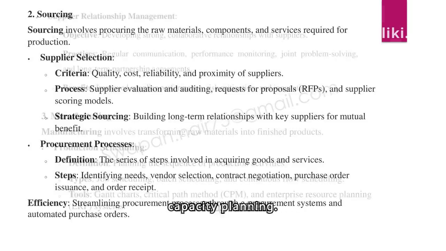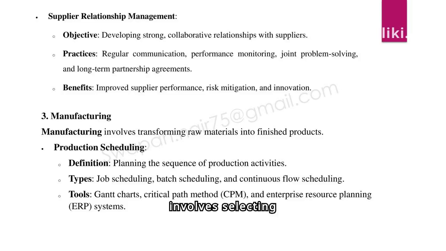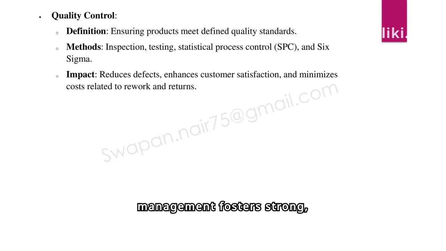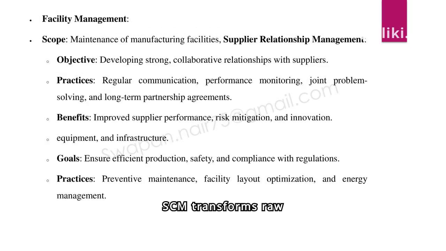Sourcing in SCM involves selecting reliable suppliers and streamlining procurement processes to ensure the timely acquisition of quality raw materials and components. Supplier relationship management fosters strong, collaborative partnerships, improving supplier performance and innovation through regular communication and performance monitoring. Manufacturing in SCM transforms raw materials into finished products through efficient production scheduling and rigorous quality control measures,